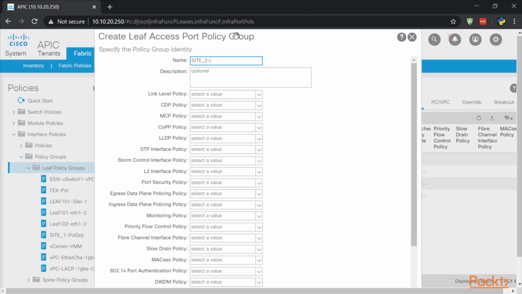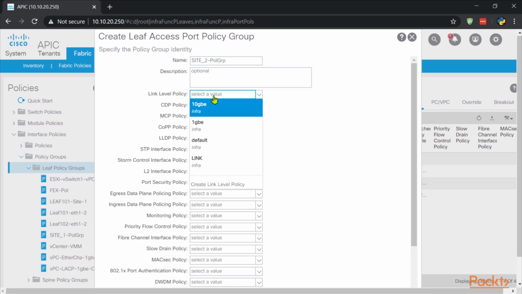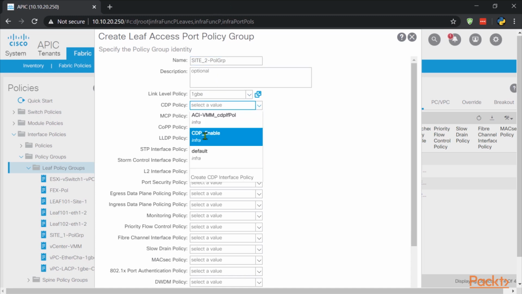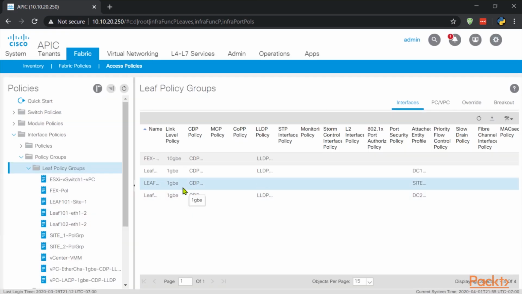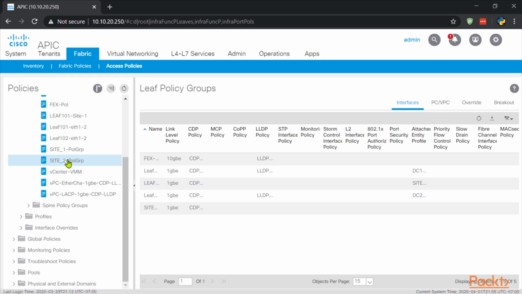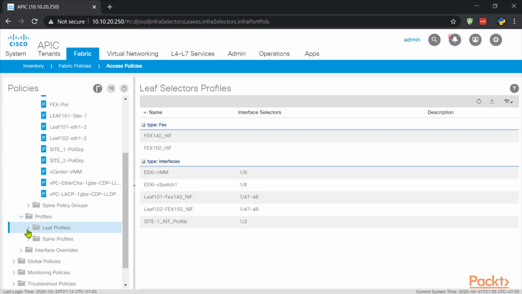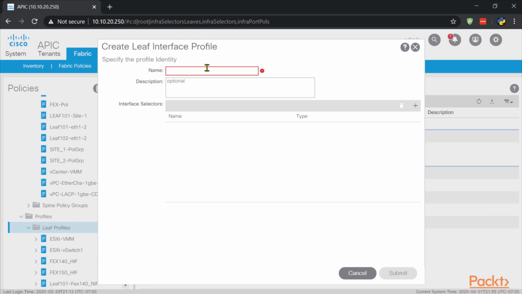And then policy group. And the link is 1 gig. We want to enable CDP, and that's about it. We'll press submit. So now we have that policy group built. Let's build the profile. Okay, so let's go to Leaf Profiles, create Leaf Interface Profile, name, and we'll label this